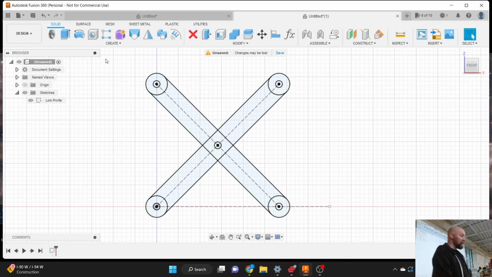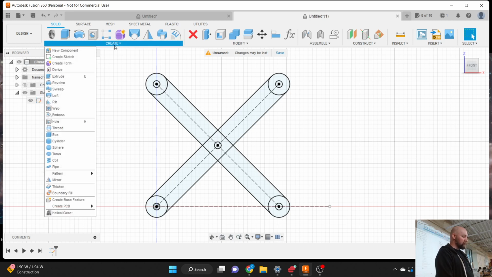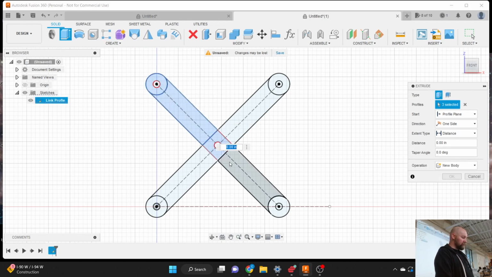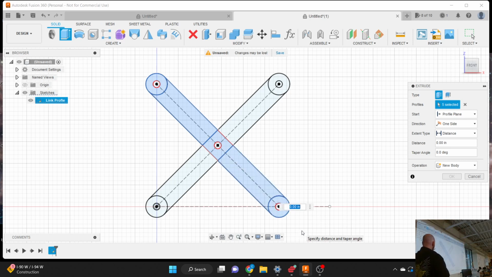So now, I am going to choose to extrude out these items. So I'm going to click on Create, and I'm going to come down to Extrude, and I'm going to extrude the entirety of one leg of my links. So one of those items, everything except for the holes in one of those link sides,